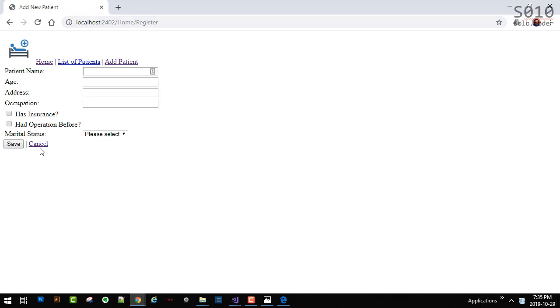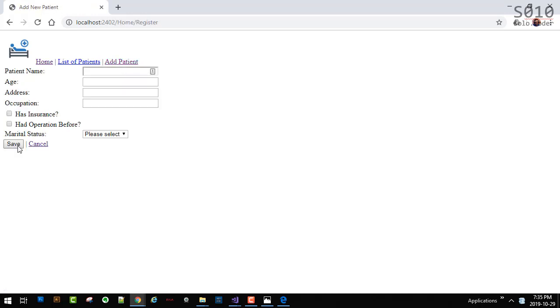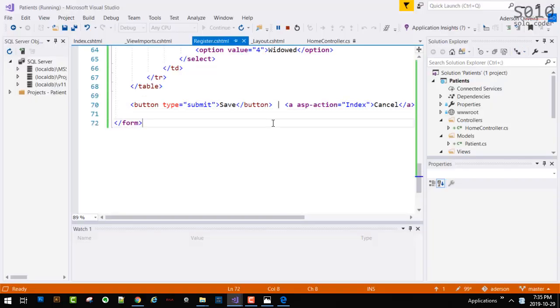I can see Save, I can see Cancel. If I click Cancel, it goes back to the home. If I go back there and click Save, it doesn't do anything because we did not code that yet, okay? So we have the properties, the fields here, but we need to create our